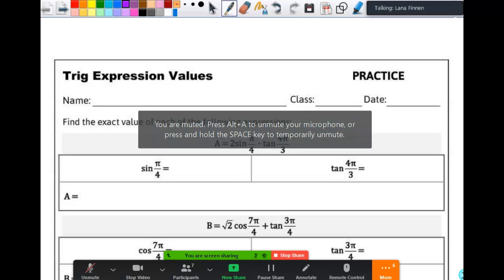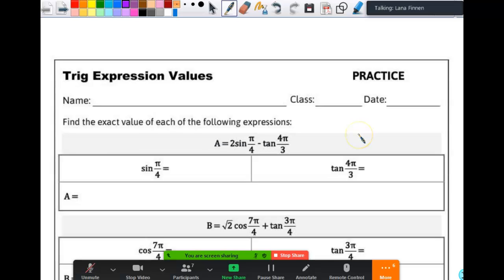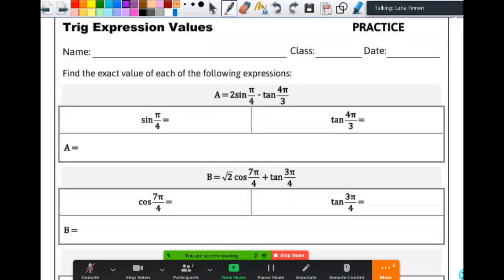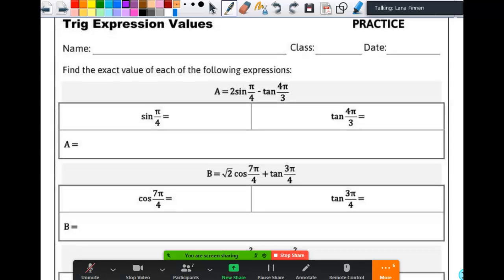So we're just going to do a couple of questions on the assignment because I don't think it warrants an entire lesson. It's an application of your trig values, but you still don't really know why you would need to know this stuff, but we're getting there, I promise. So if you look at,